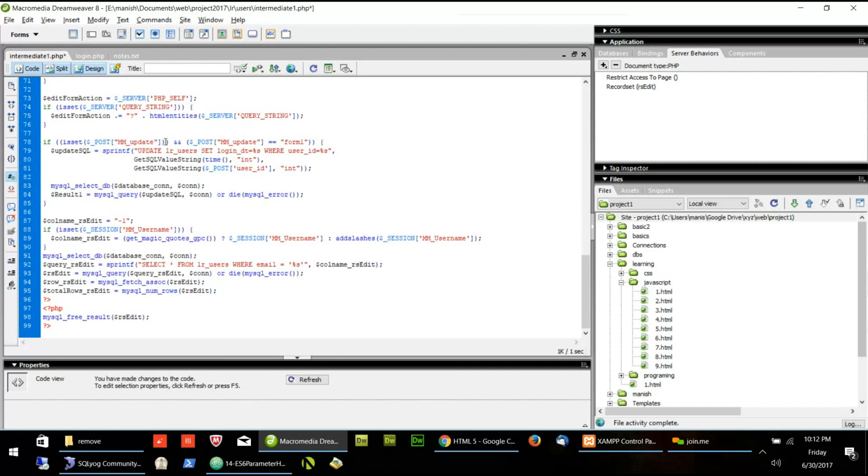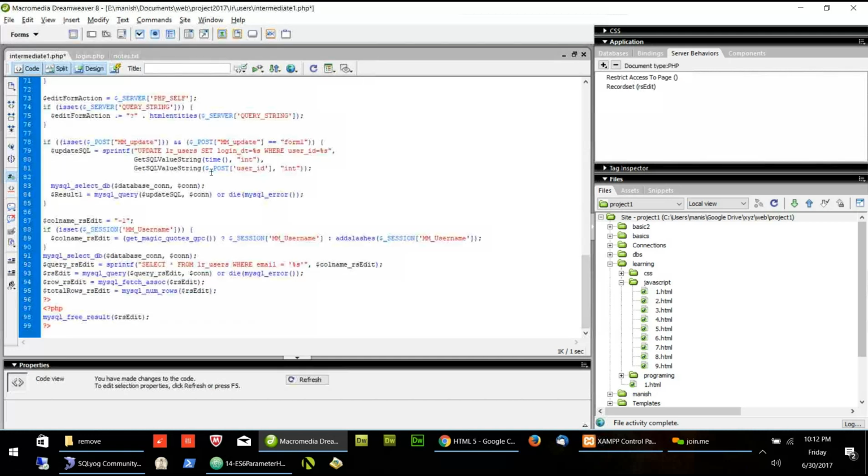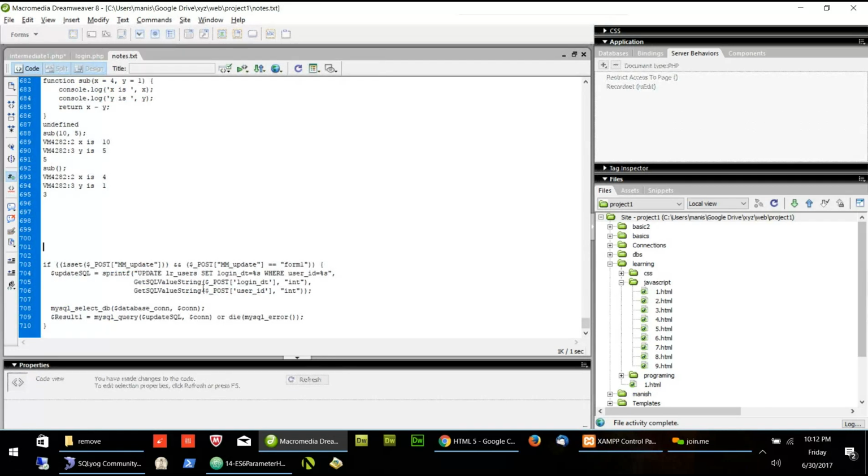So instead of putting this login date, I will put the current time, because I want to automatically put the time. The user will not manually put it. So here Dreamweaver was putting login date, but I have to put it automatically.